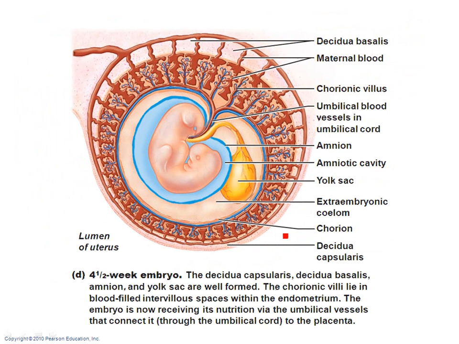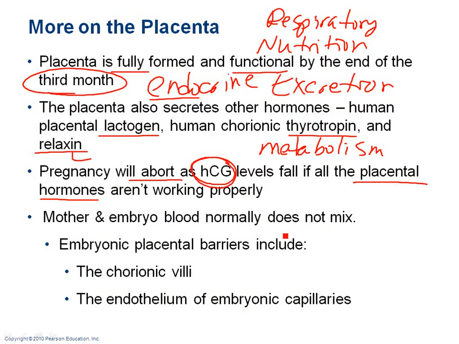Okay, what else? When we talked about the mixing of blood in the placenta, where the chorionic villi come together and you get the exchange, the blood doesn't actually touch. Maternal and embryo blood doesn't normally mix. There's an actual barrier there, little capillaries and villi that keep the blood from mixing. It's a real thin layer between the two, but the blood doesn't come into contact with each other.